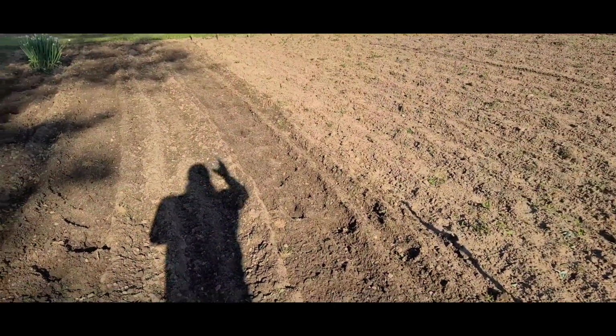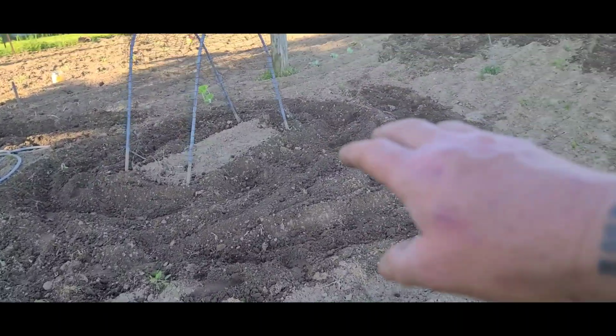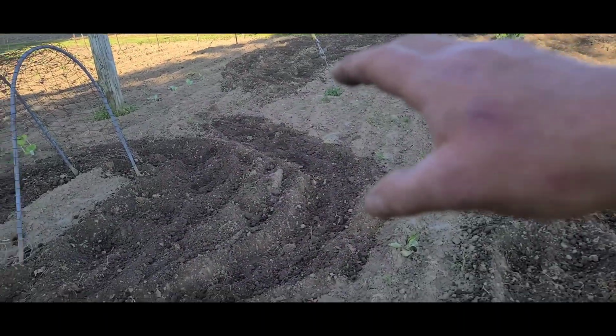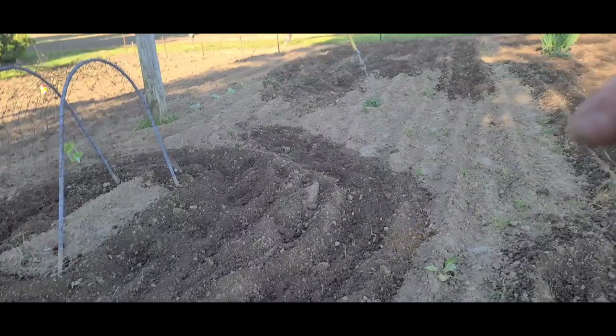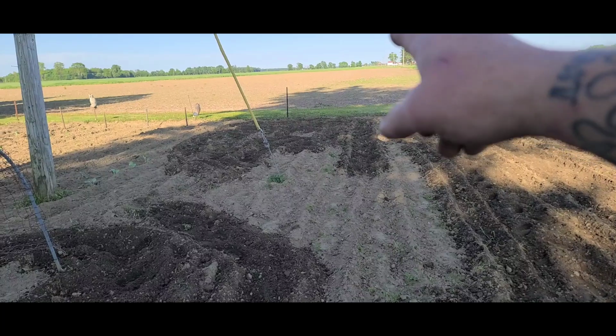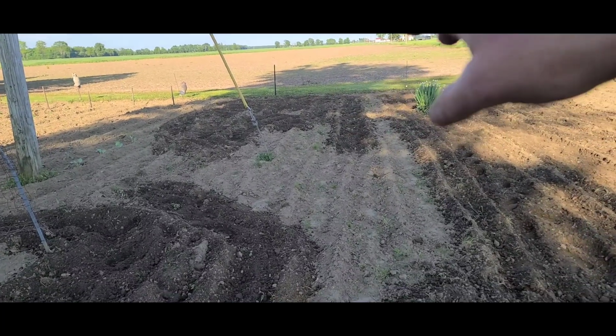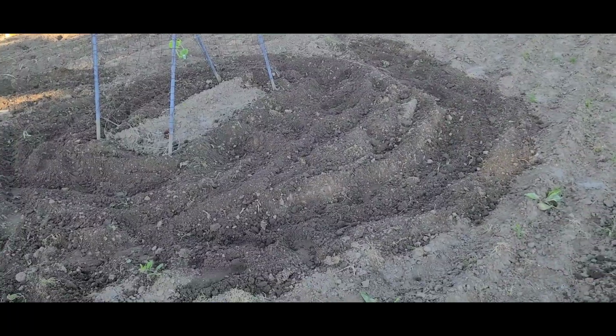maybe a few tomatoes, and then we're going to do cucumbers here, both our burpless and the ones that Dan sent us, and then we're going to do the watermelons that Dan and Kathy from Handicap Traveler sent us over there as well. So we're going to do like 3 mounds of watermelon and maybe 3 mounds of cucumber,